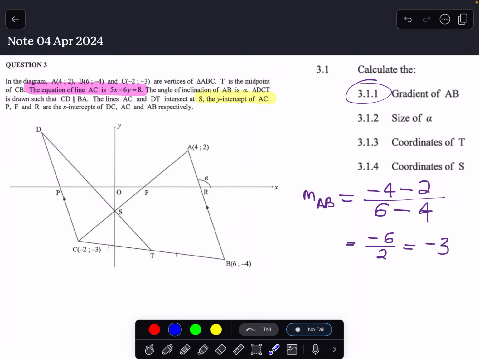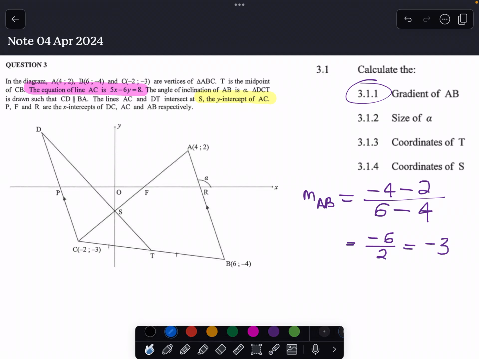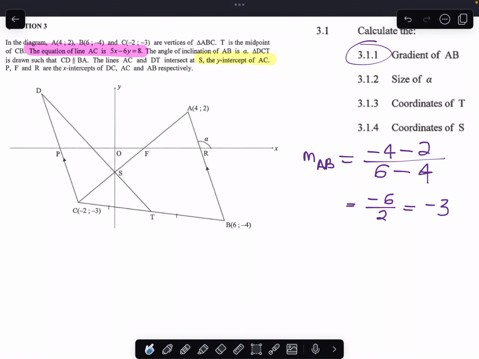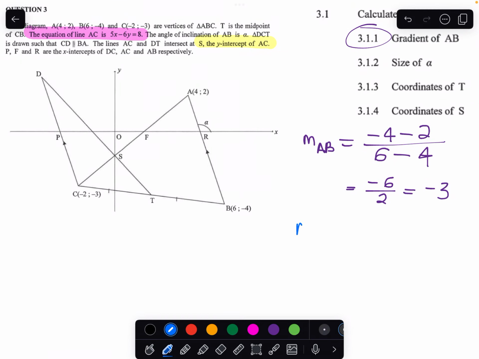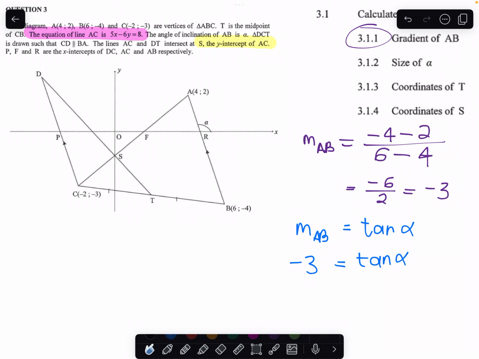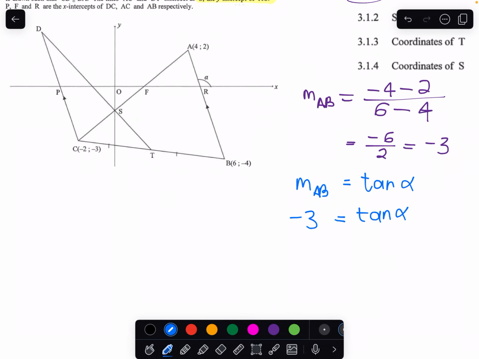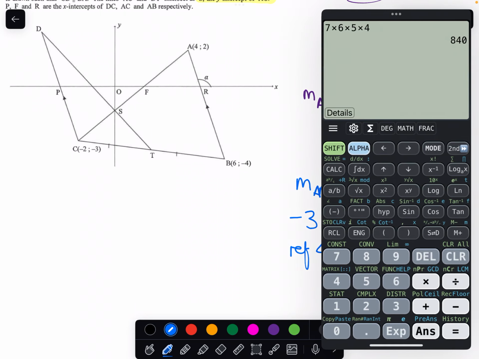Right, and then next one, the size of alpha, which is the angle of inclination of AB. We've got the gradient, so we can then use the m is equal to tan alpha relationship to figure out what alpha is. So we know that the gradient of AB is equal to tan alpha, its angle of inclination. So negative 3 is equal to tan alpha. Okay, so I'm first going to get the reference angle, which is the inverse of tan of 3, which is